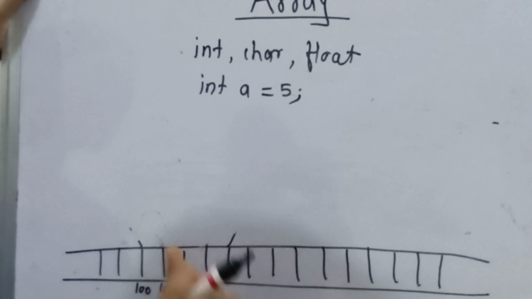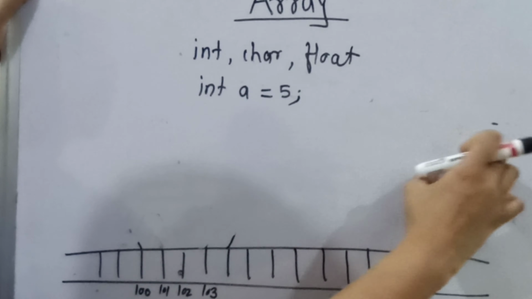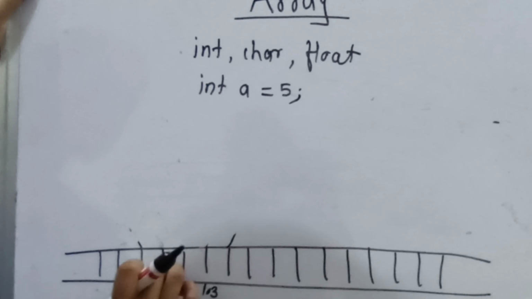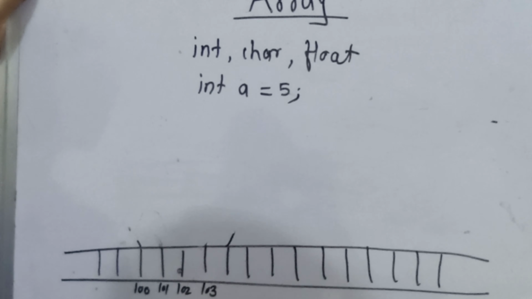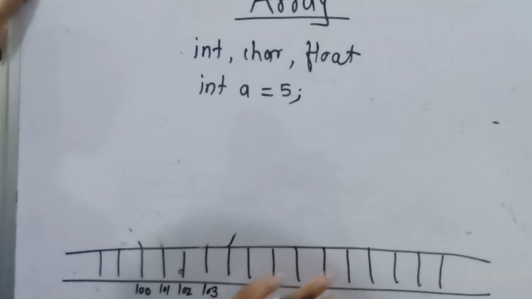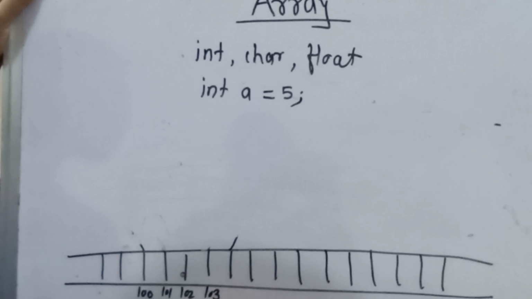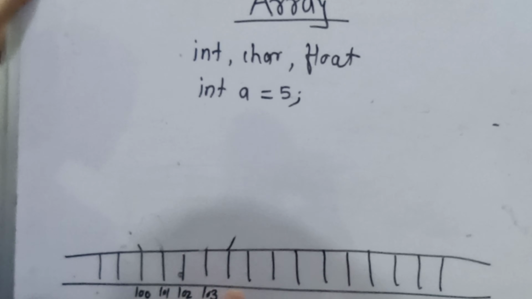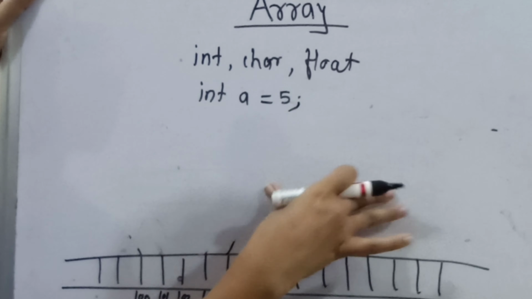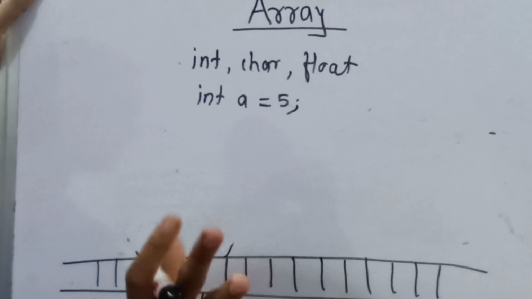So at that time, what do we have to do here? We have to declare 50 different variables. Can you imagine, if we are declaring 50 different variables, and then want to do the addition or further processing, it will not be good from a programming perspective. So instead, if it is possible to store 50 values in a single variable, that is the concept of the array.